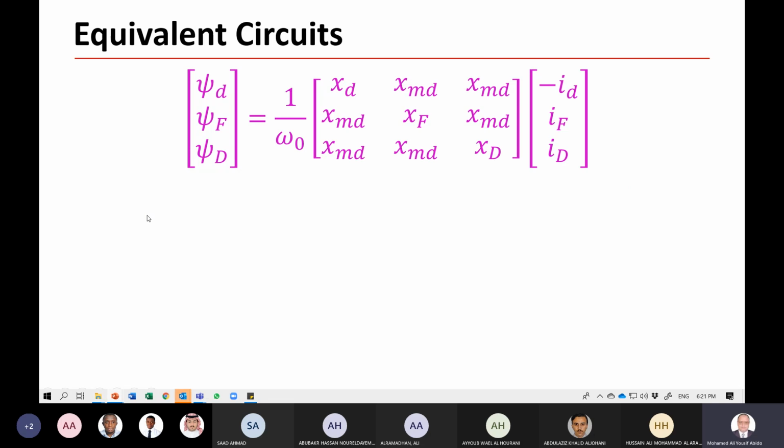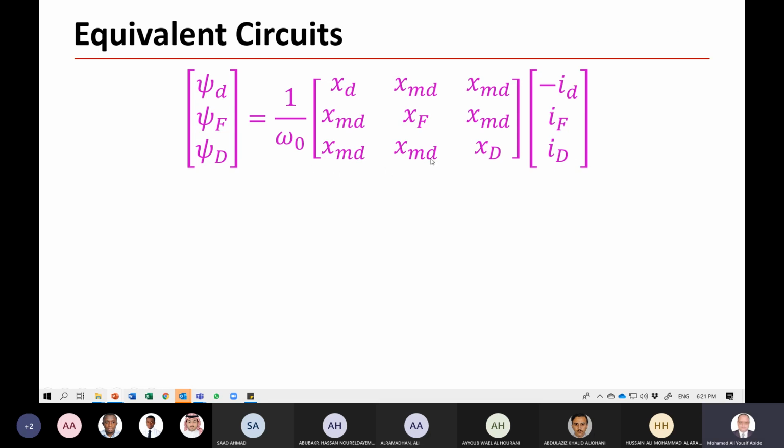So we have here the flux linkage in per unit of psi D, psi F, and psi D. This is in the direct axis. You have 1 over omega 0 times XD, the mutual inductance between the direct axis and F, and D. And you have the flux here. You have mutual inductance between the direct axis of the stator and the field, XF the self reactance of the field winding, and the mutual between the field and direct